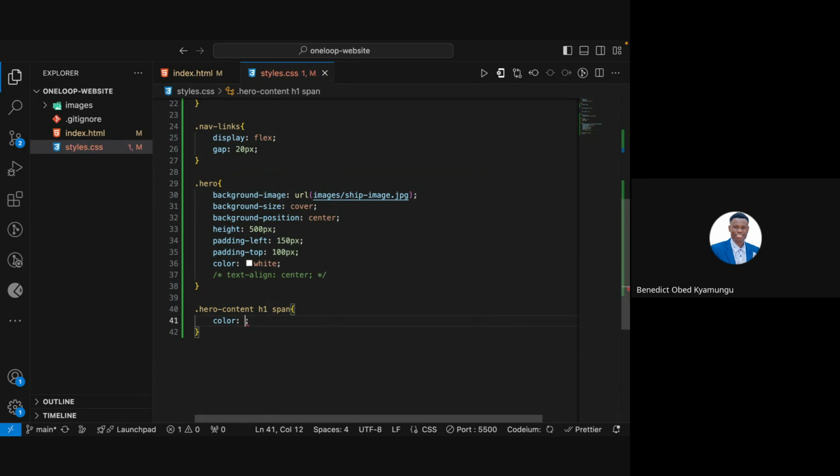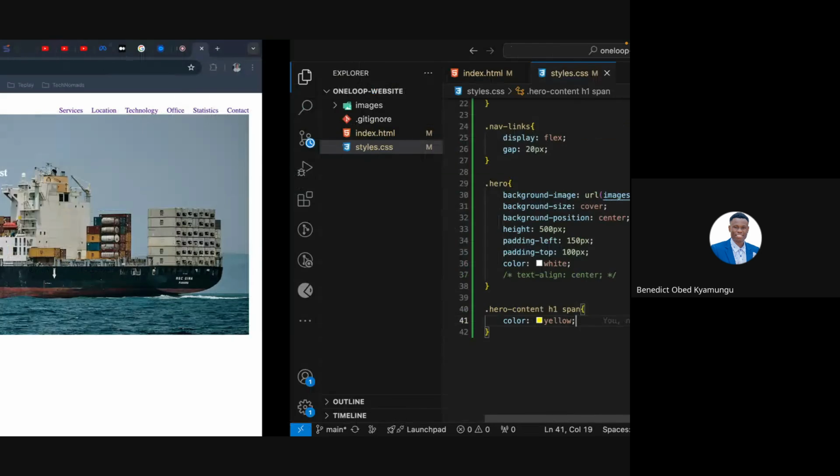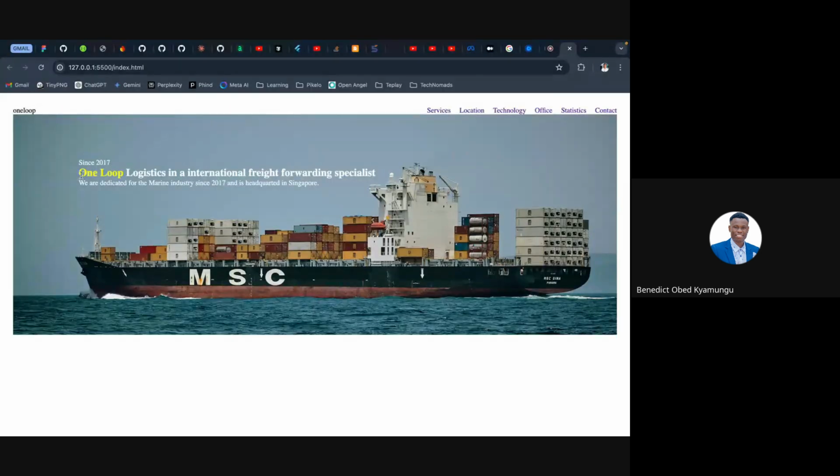Of yellow. Okay, now let's save and go back. As you can see, we have our one loop with the white yellow color. Okay, so let me add the font size of this text,